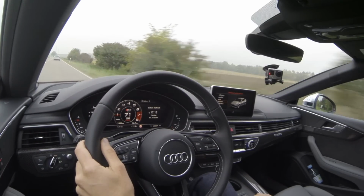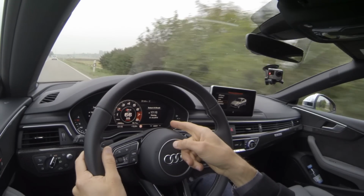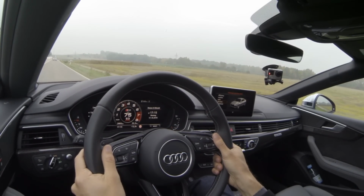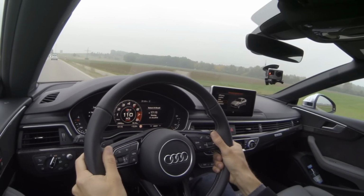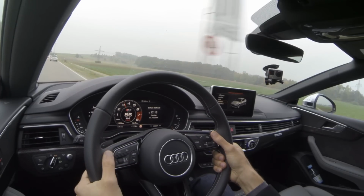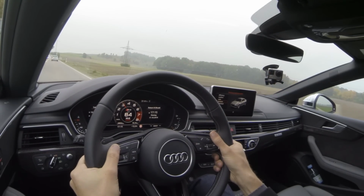So you can always go with the automatic shifting lever into those S modes. You see, went back 3 gears, and then you can accelerate better again. So you can use the shifting pedals here to shift up or down. And well, when I do some acceleration testing now, it's not really